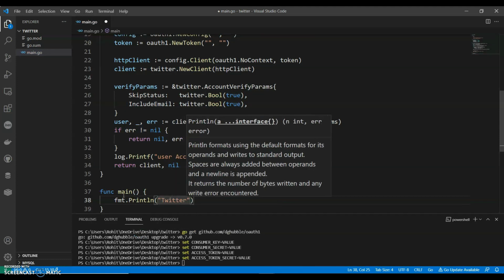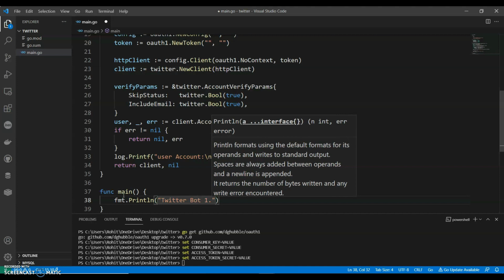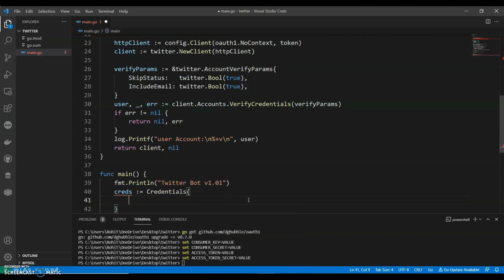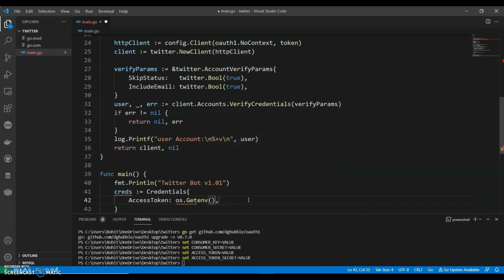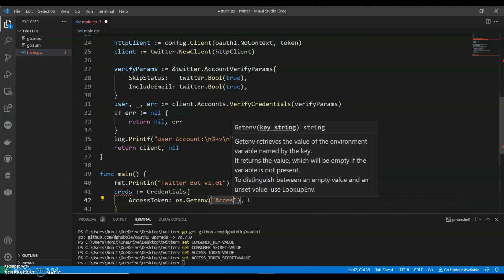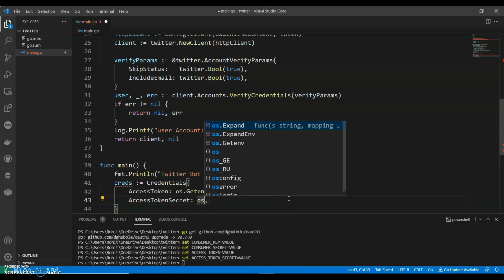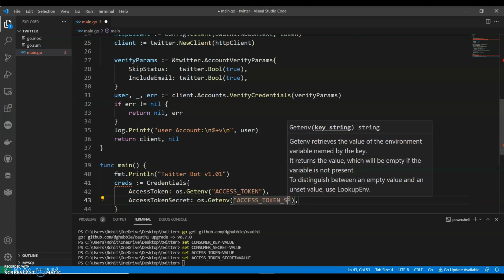fmt.Println, Twitter bot 1.1. Okay, and then credentials. Here we'll say AccessToken os.Getenv ACCESS_TOKEN. You can have AccessTokenSecret as ACCESS_SECRET.